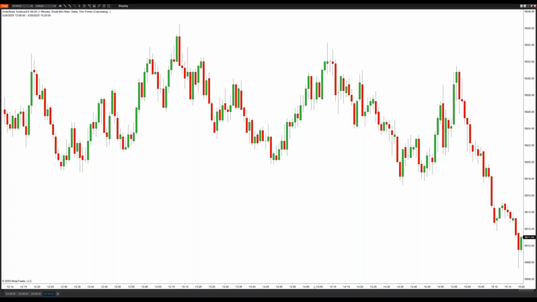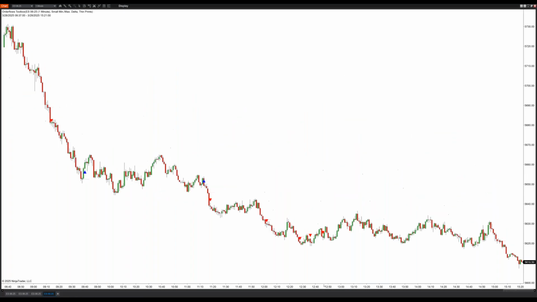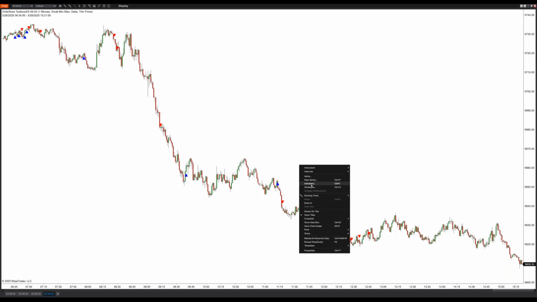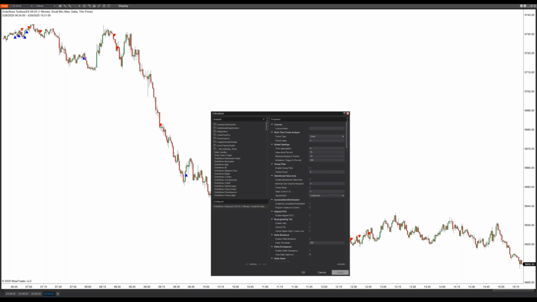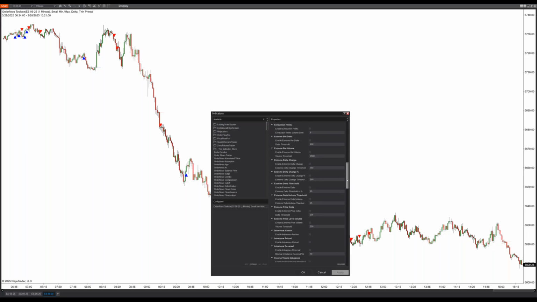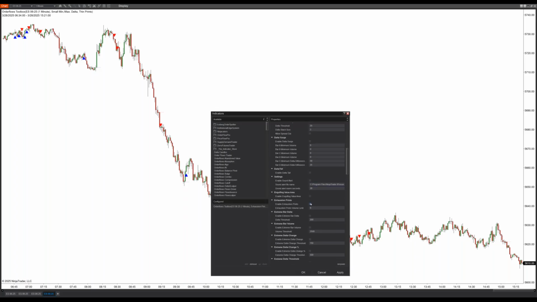Again, most of us that trade order flow, we have certain things that we're looking for in the order flow on a regular basis, right? And having a tool like this, in my opinion, is just going to help with your analysis. You can refine it down to other aspects, whatever you want. You could add more to it. Say you want to have, where is it here? Exhaustion print, okay? Exhaustion print